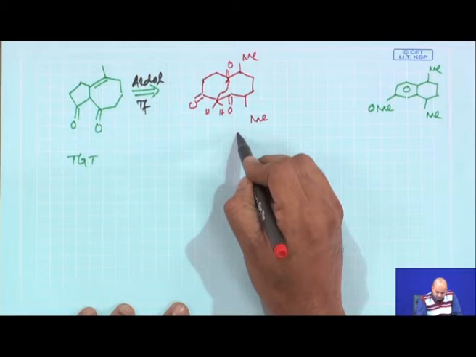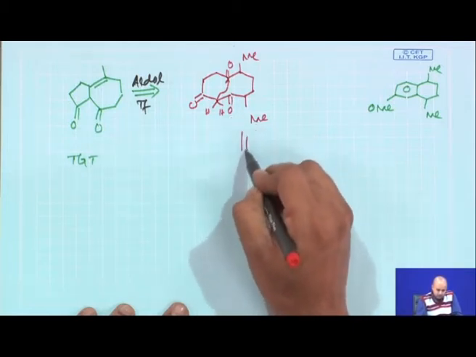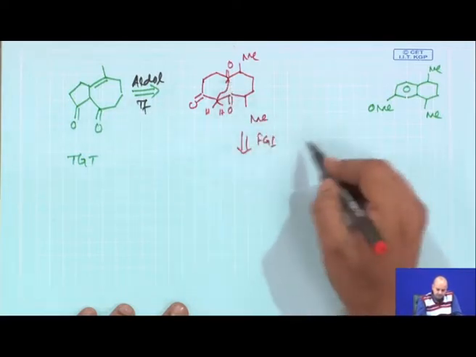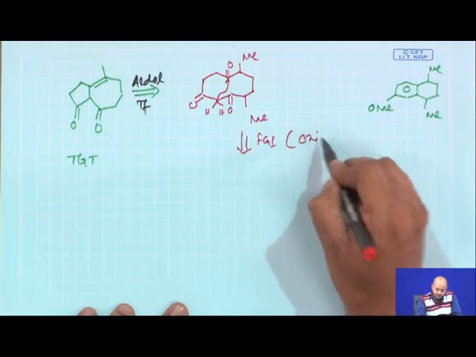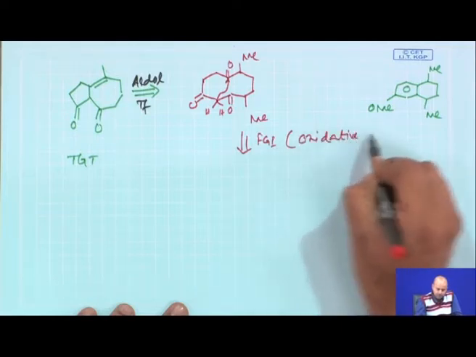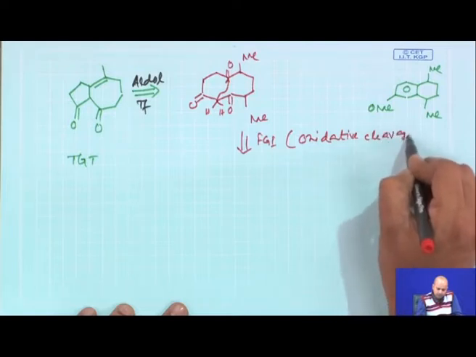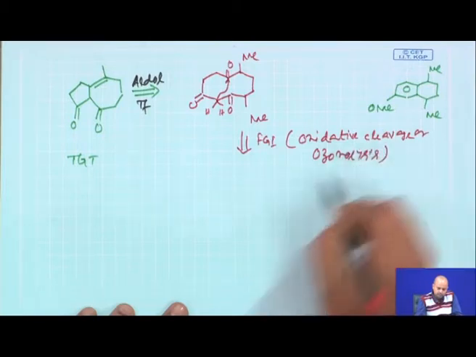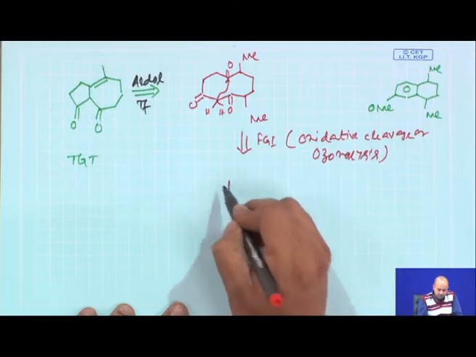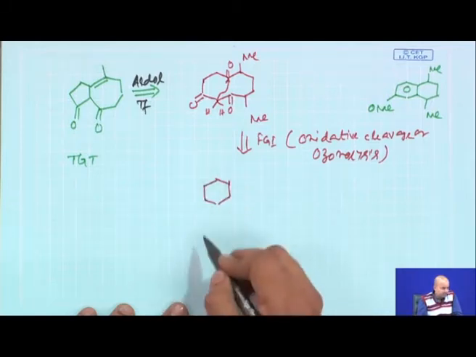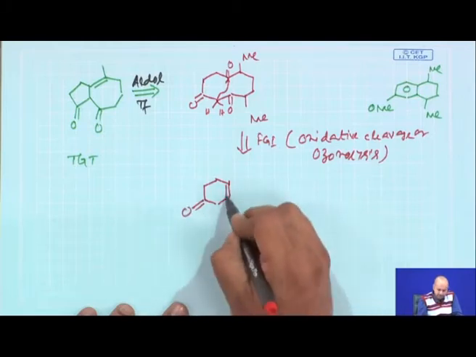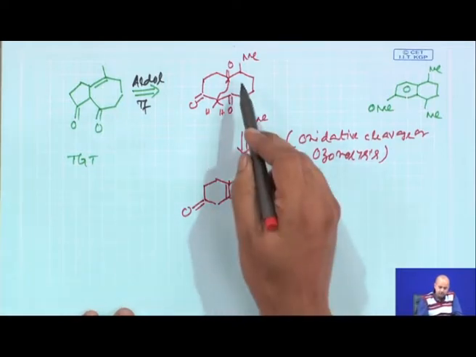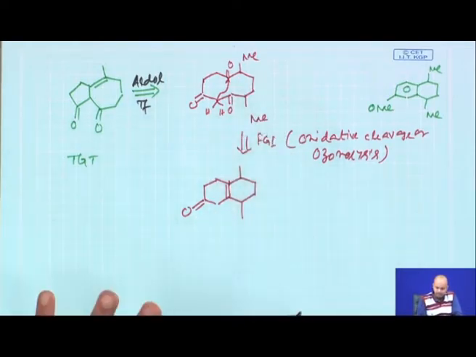Okay. Now, this diketone, if you do the next retro or next FGI, the FGI for diketone is very interesting. You can basically do an oxidative cleavage or ozonolysis. Now, how are we going to do it? We will try to correlate with the starting material which was given to you. If you have an intermediate like this which will immediately give this intermediate, it is fine, this part is fine.